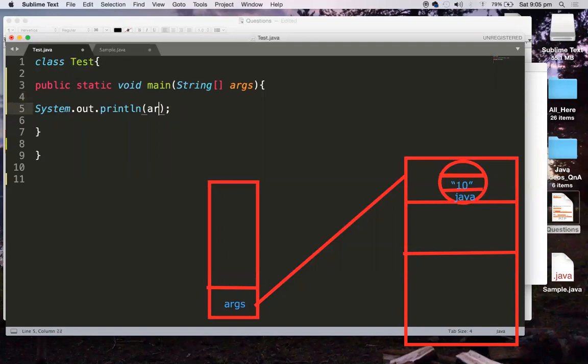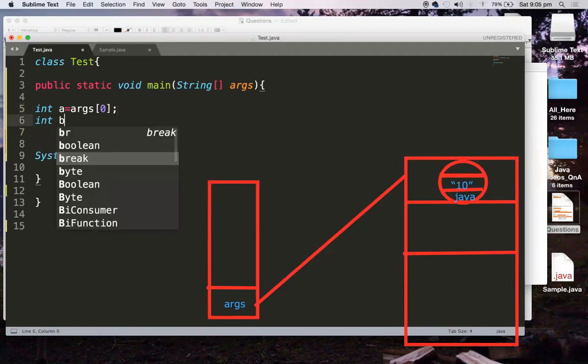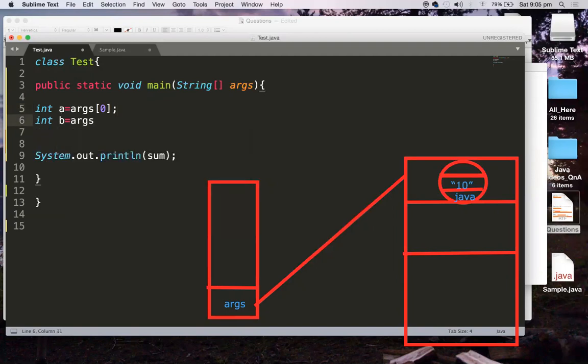So what I'm doing now is making use of some variables over here. Before that, I have an integer a declared, which is my aux of 0, and some integer b, which is my aux of 1. Then I write int sum equals a plus b, and later I print sum.